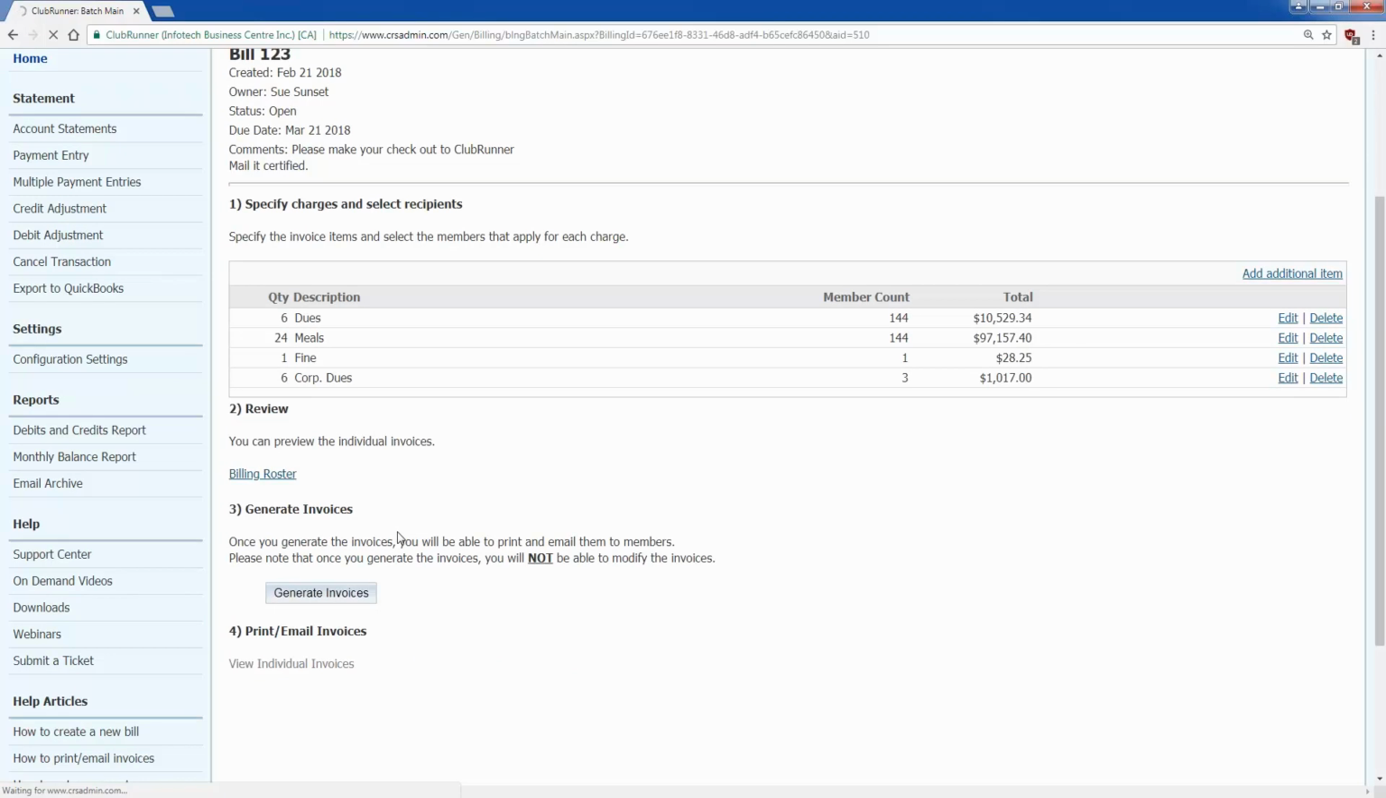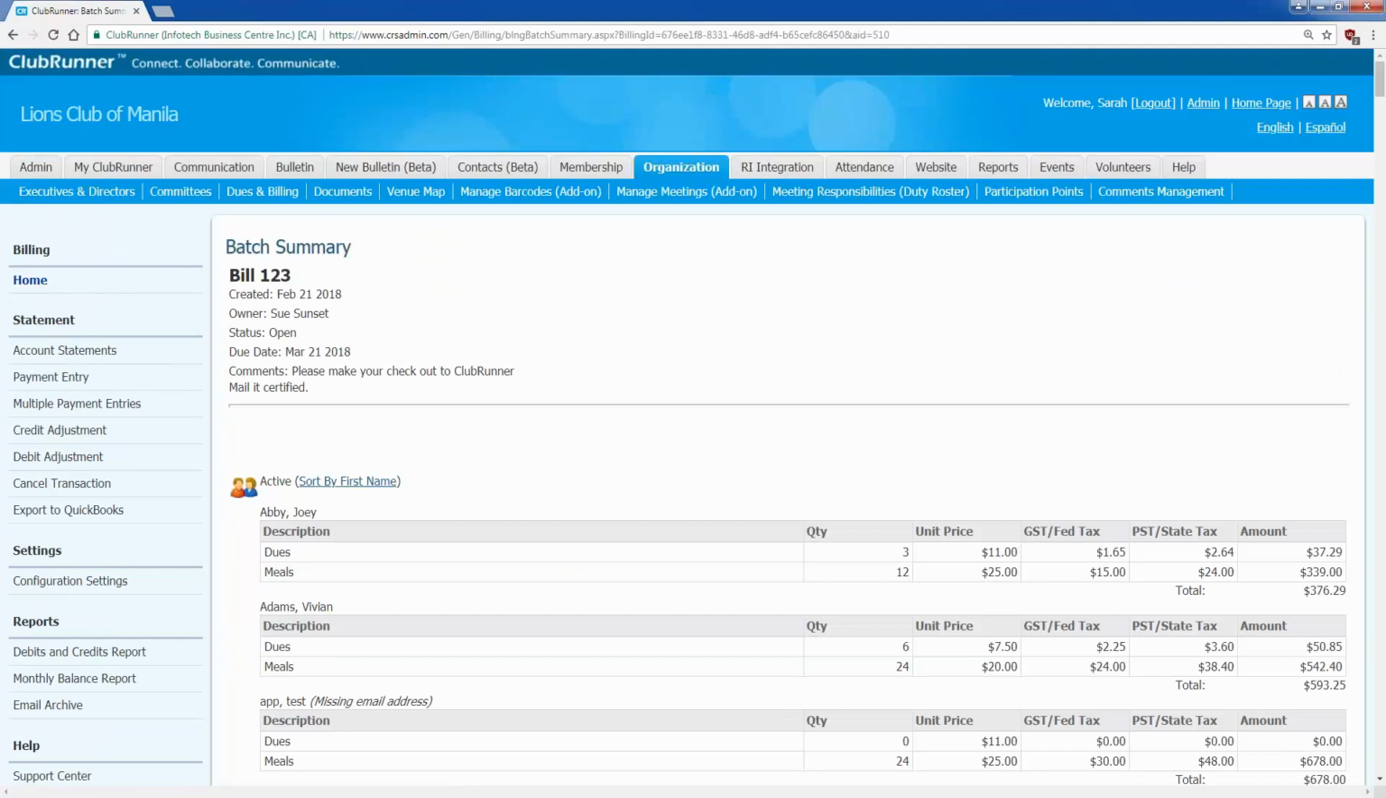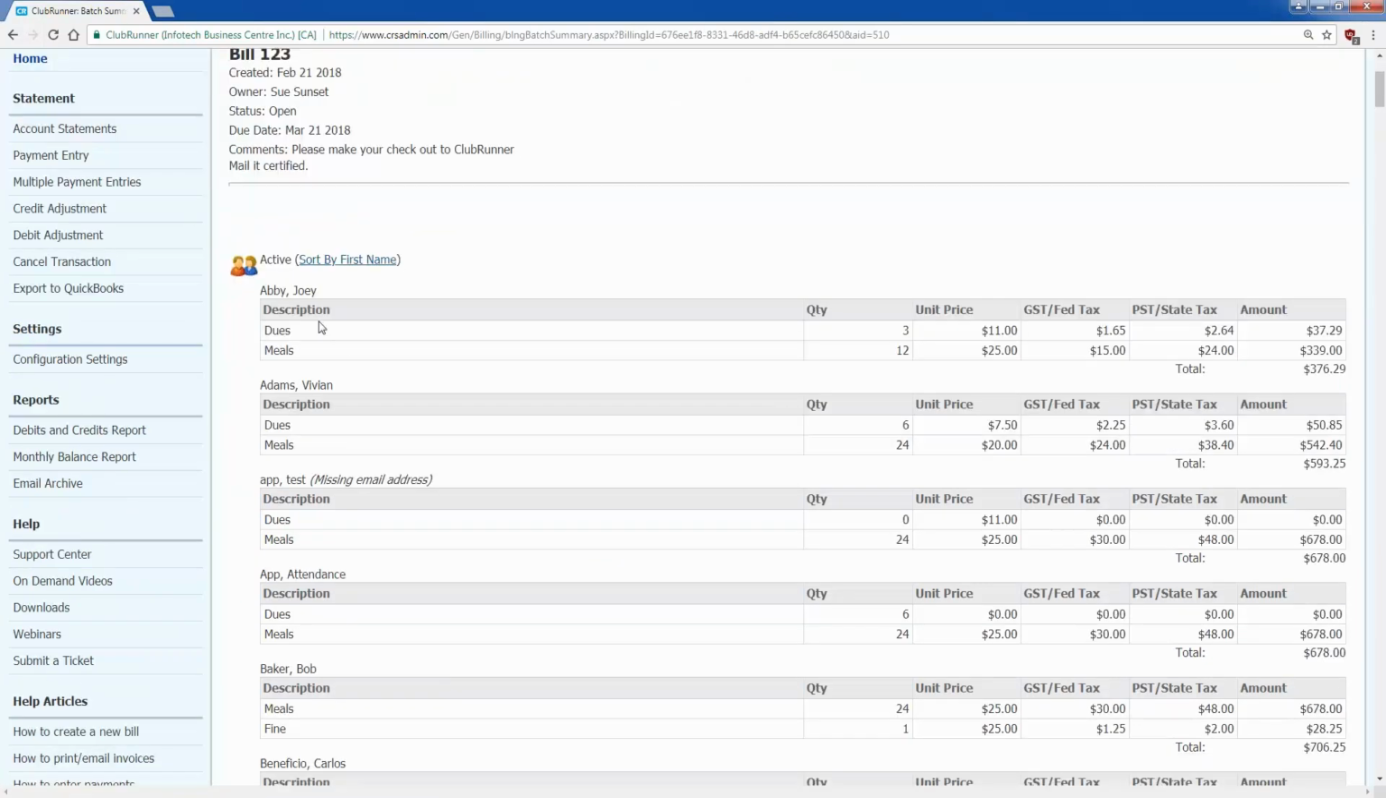This is going to give us a one-by-one overview for each of the members that are in the system and what they're being invoiced for. I'm really only going to look at the top because those are the members, and we can take a quick look at the corporate users too. It will take a minute because we have 144 members to look through. Now that this is loaded, we can see that Joe Abbey here only has his dues for 3 months